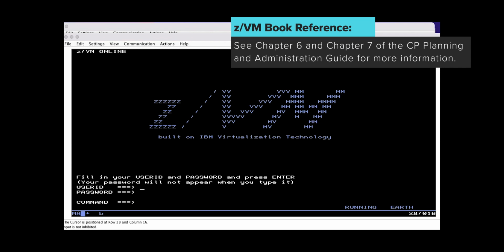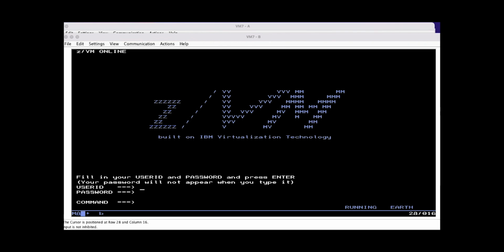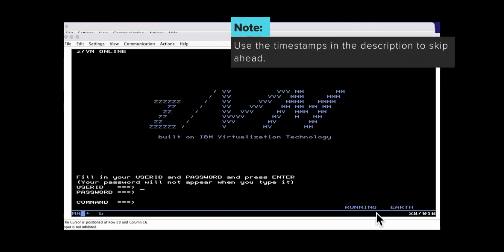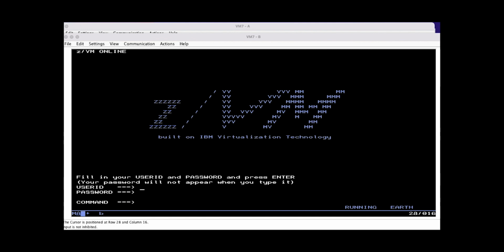This video will take you through the different aspects of a z/VM login screen and how to make customizations. Here's the default z/VM guest login screen. There are 4 major parts to the screen: the online message, the logo, the input, and the status areas. We'll go through how to create and customize each. I will use the draw logo exec and xedit macro